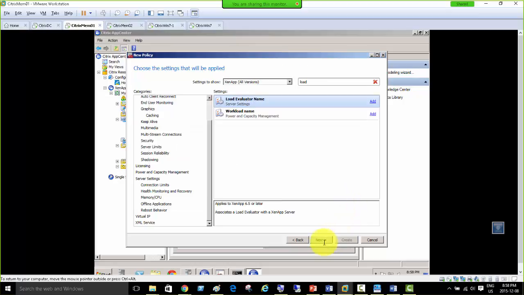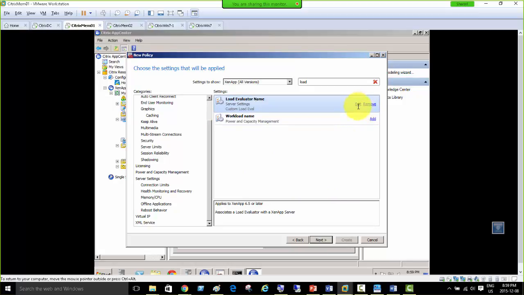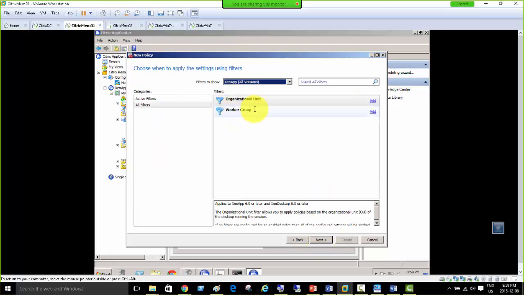So if I cancel out and put the load here again, add, they are supposed to be showing, but when I enable them or made some changes in the load evaluation, maybe it needs a restart or something. But it normally shows whether you want to go for default or advanced policies. So for now I just fill in something like test load eval, or custom load eval. So we can just put the comments here as well, and if we go for the default value, no, this is just a load evaluator name, and then we can go ahead and implement on whichever servers we want,